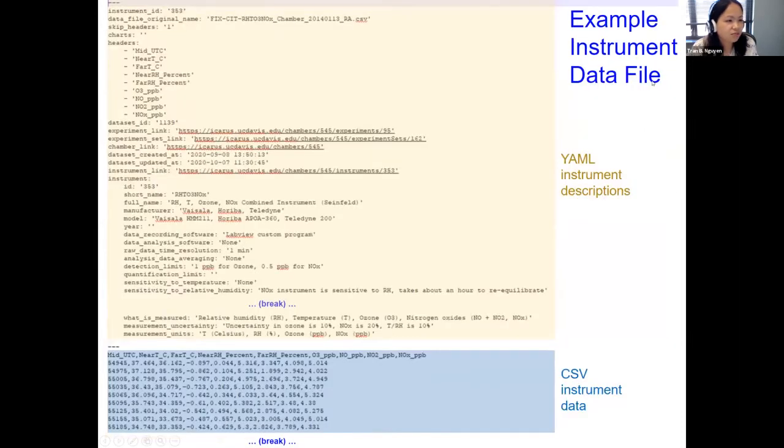And then the instrument files, each of the several or maybe even dozens of instrument files, look kind of like that, as well as the YAML front matter, and then the separator, and then the CSV instrument data here.